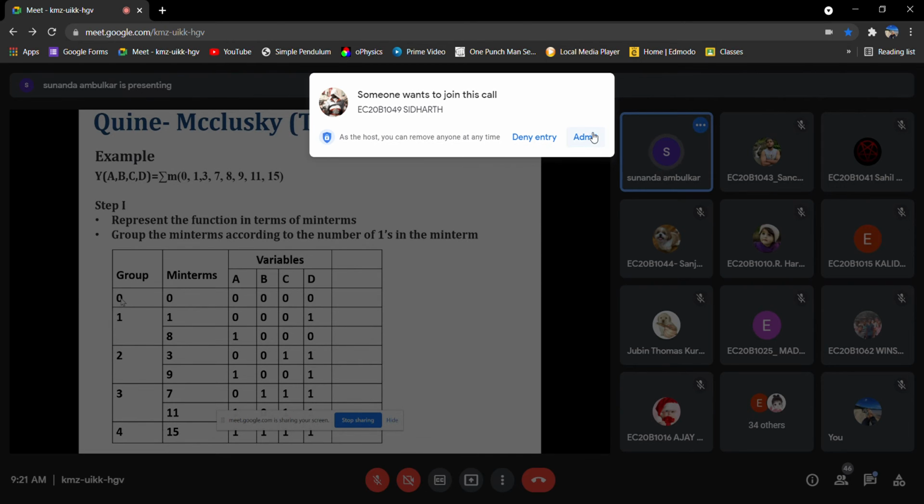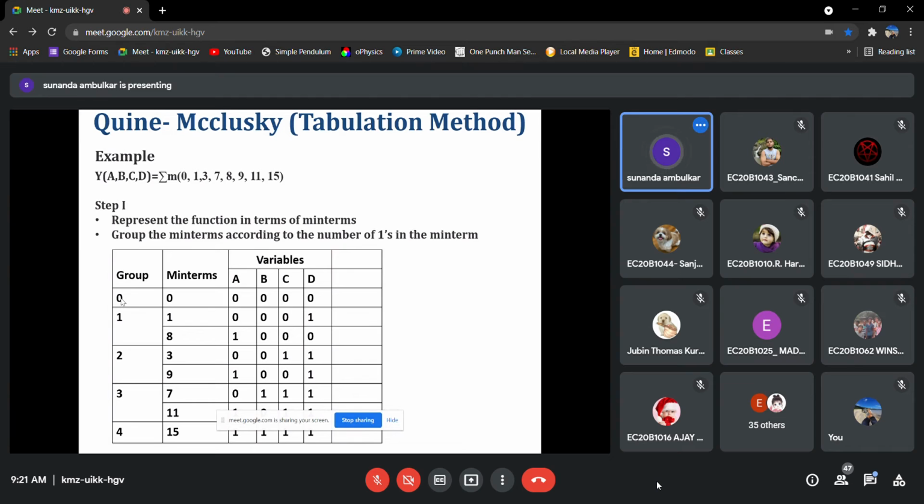So we will identify those min terms which come under group 0, group 1, group 2, group 3 and group 4. Only 4 groups can be formed, because here we are using 4 variables. In group 1, 1 and 8 are there. 8 is represented by 1, 0, 0, 0.